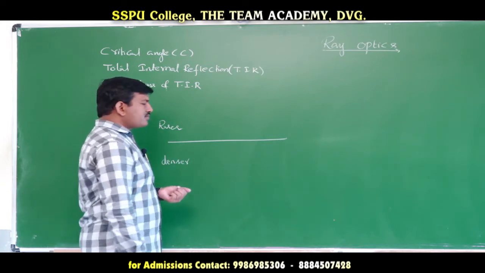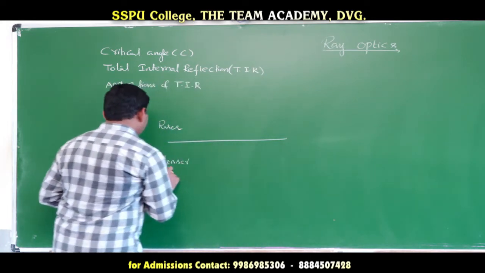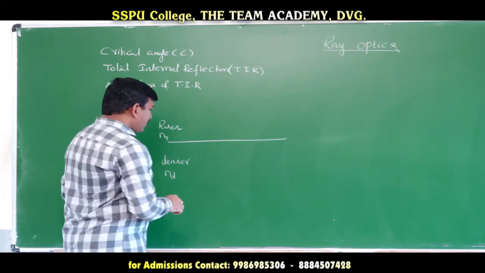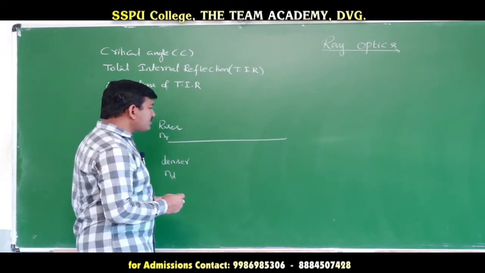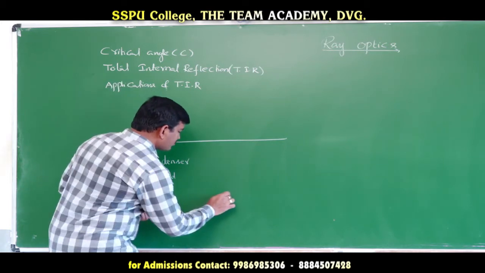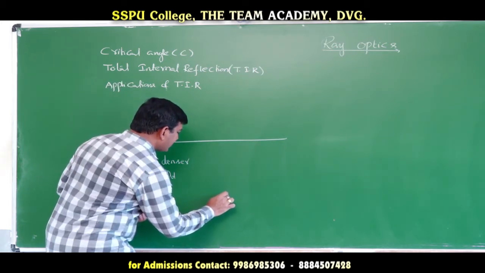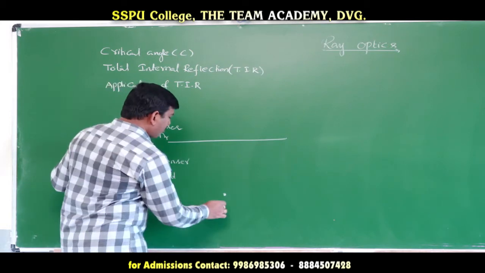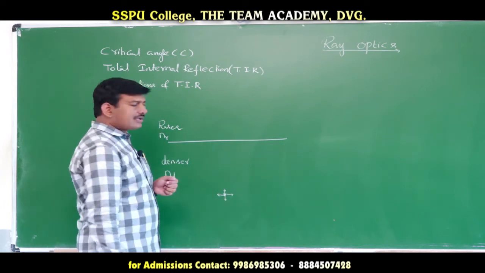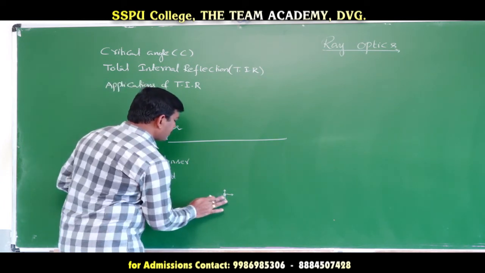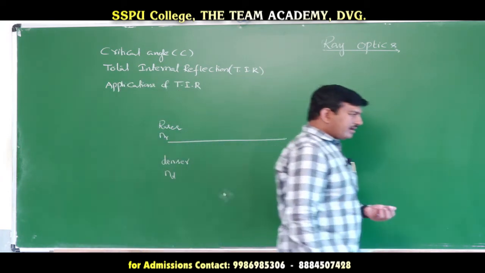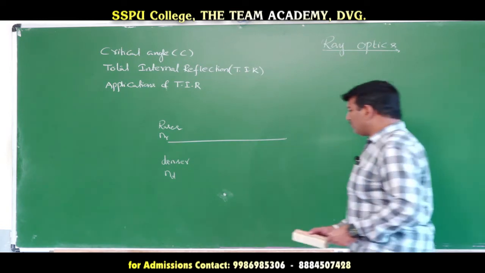Now here let me choose the refractive index of the denser medium as Nd, whereas the refractive index of the rarer medium is NR. Now inside the denser medium, let me choose a point illuminated object. From this point illuminated object, light rays will travel in all directions, but I will choose the light rays which are traveling towards the interface. I am not concentrating on all the light rays, but only on the light rays moving towards the interface. Now, what is going to happen here?